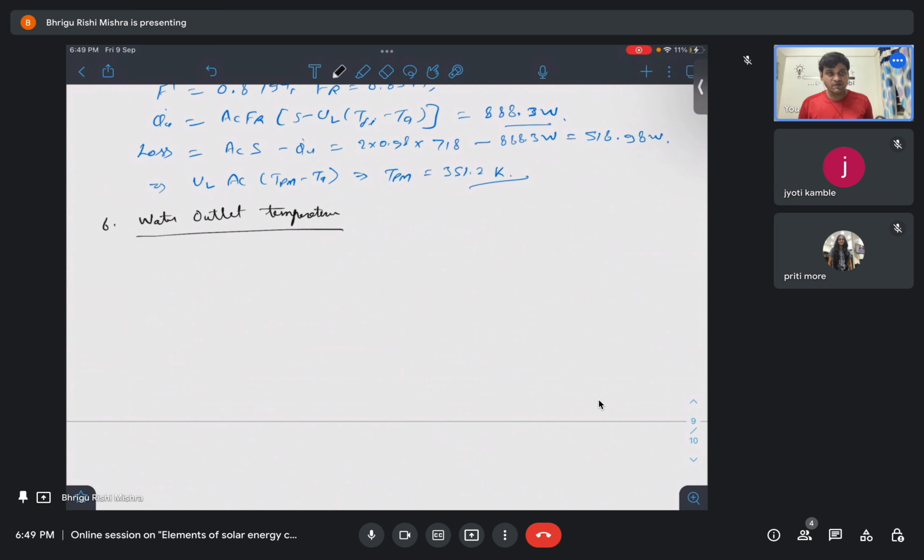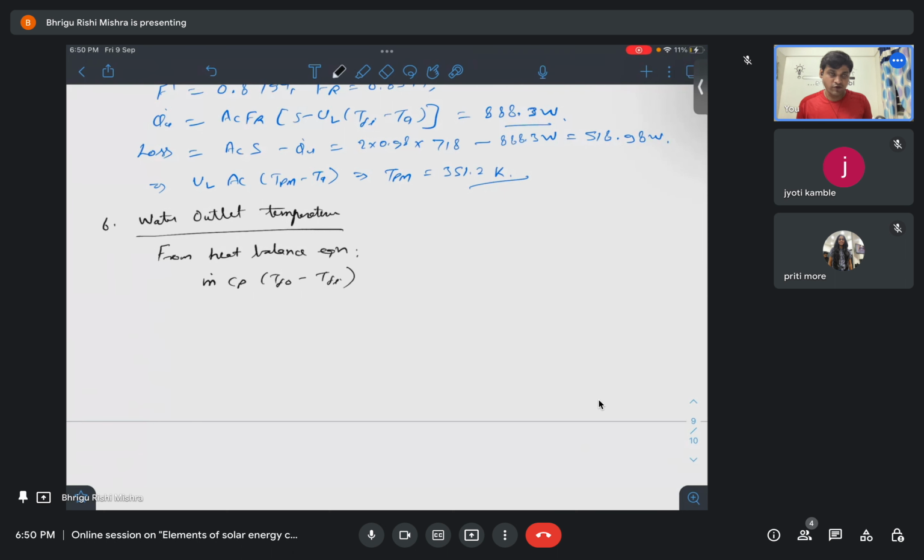We can calculate it from the heat balance equation, since we already know the useful heat gain. The heat balance equation is M dot Cp (TFO minus TFI)